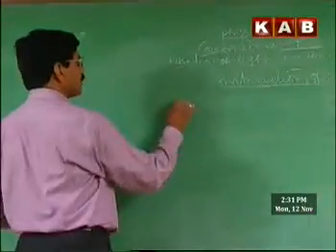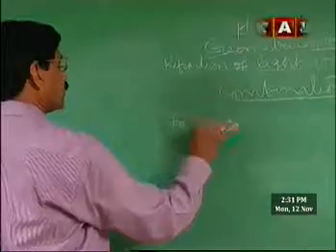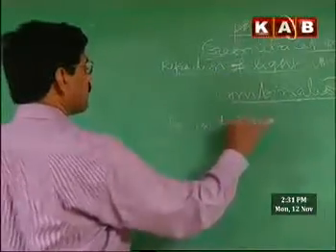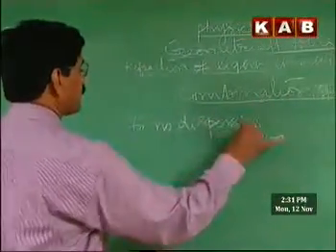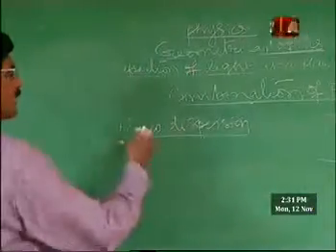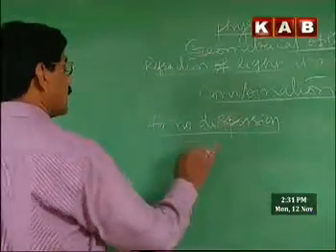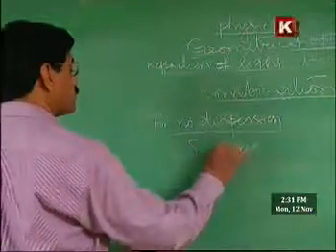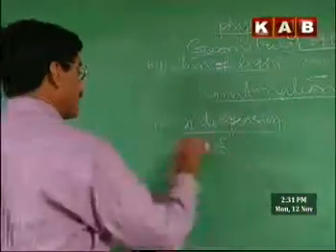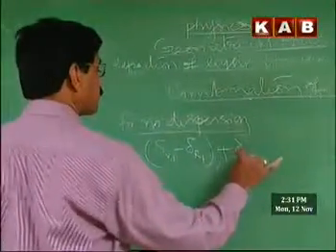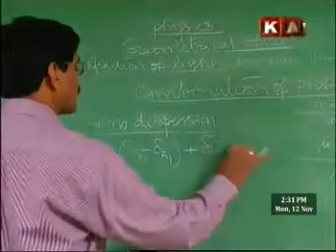So for no dispersion but deviation, the dispersion angle produced by the first prism plus the dispersion angle produced by the second prism